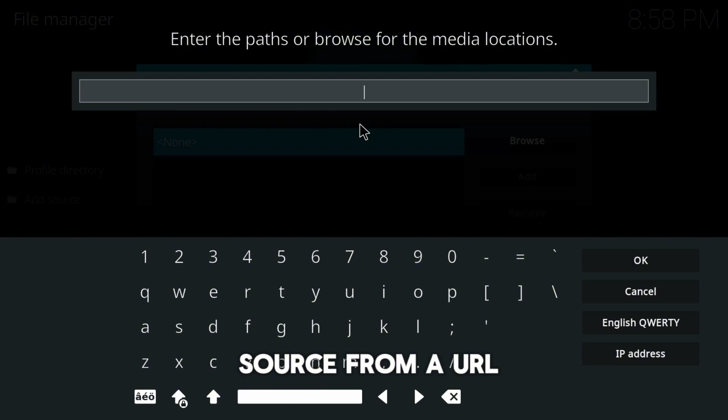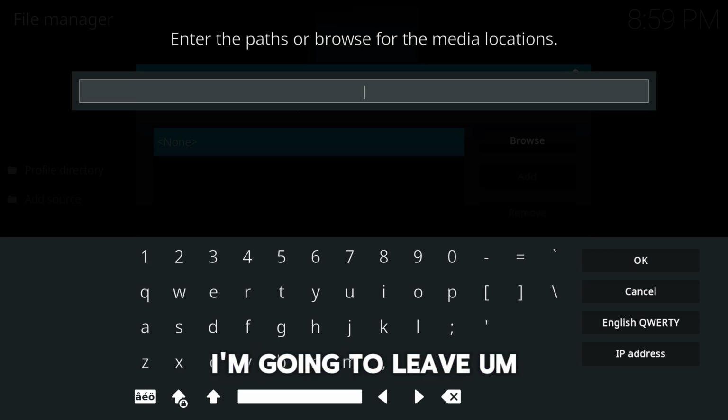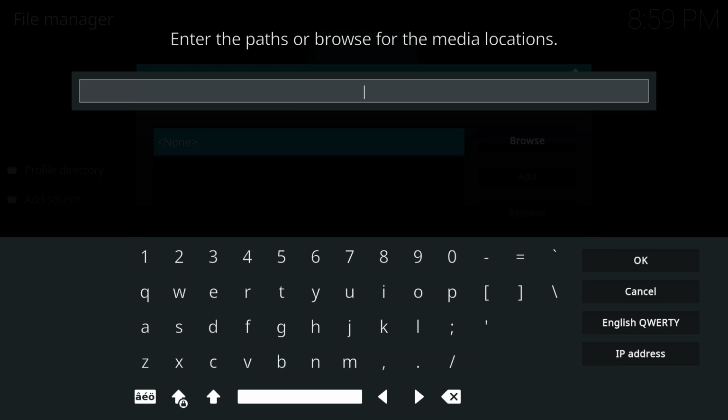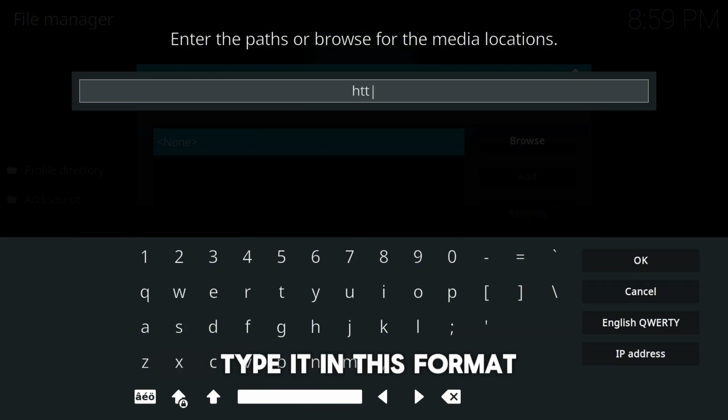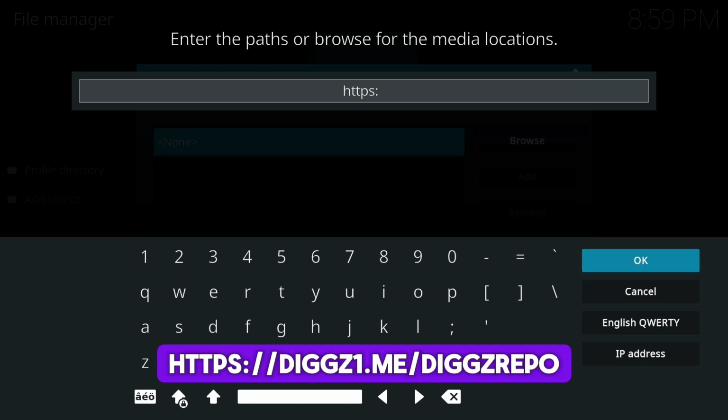We're going to add a source from a URL, and this is one of the most important steps of this tutorial. So make sure you type exactly the URL I'm going to leave on the screen. Make sure you don't miss out any particular word or colon or forward slash. So you're going to type it in this format: https://